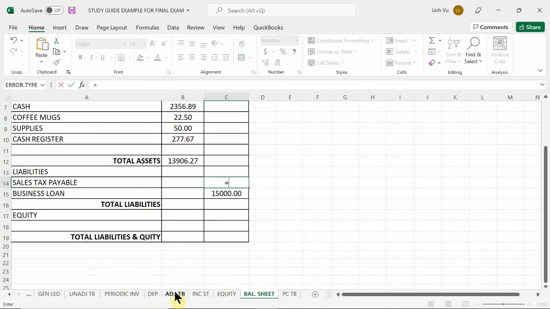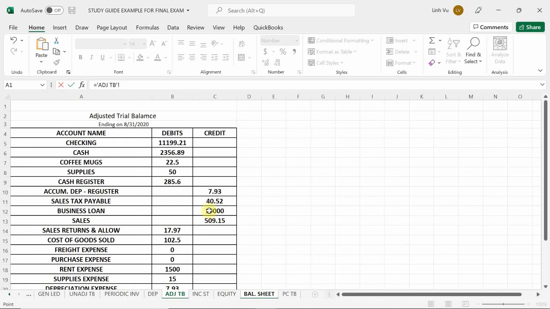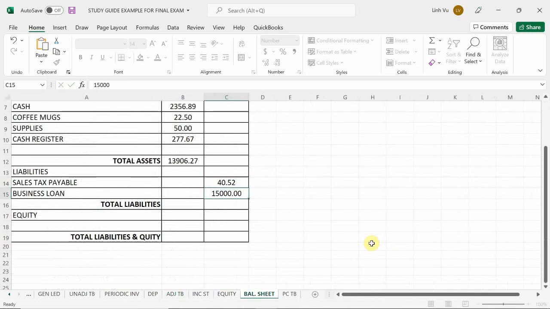Business loan for $15,000. My sales tax is $40.52. Okay, so my total liabilities is going to be 15,040.52. And then last but not least, my equity